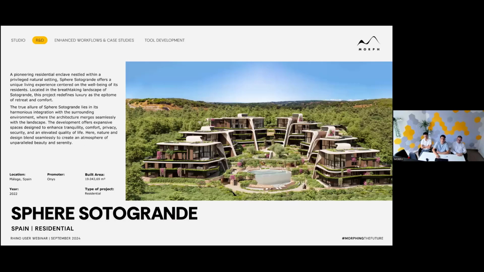This one, on the other hand, is a luxury residential project currently in development in Malaga. And this kind of project with more open budgets serves for us as a playground for experimenting with shapes and investigating building techniques. And conceptually, the project aims to blend seamlessly with the natural surroundings and the landscape,